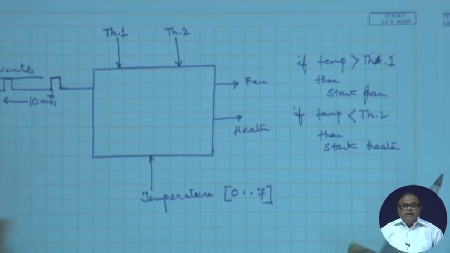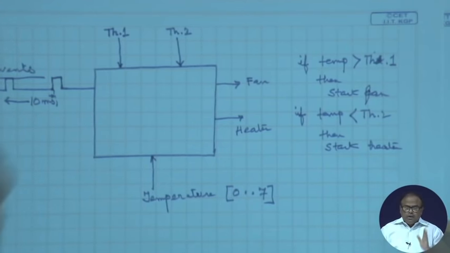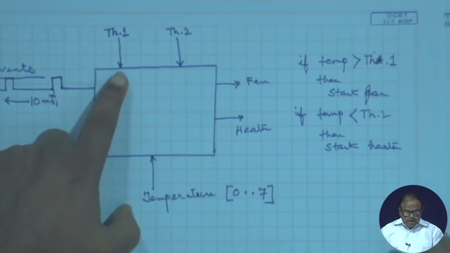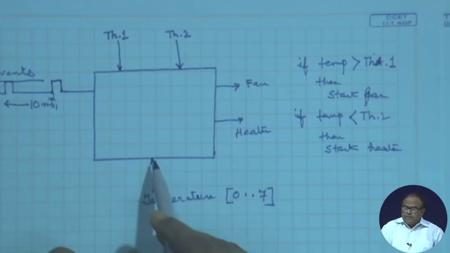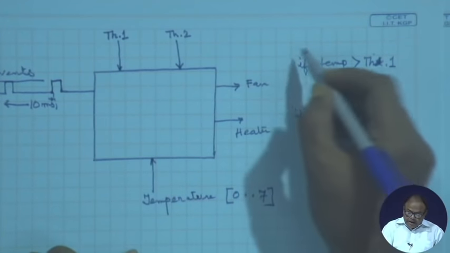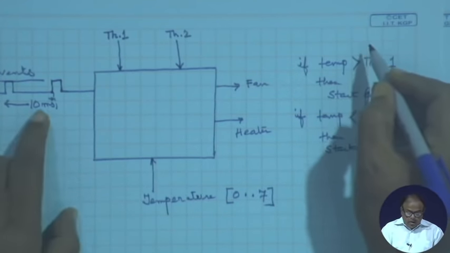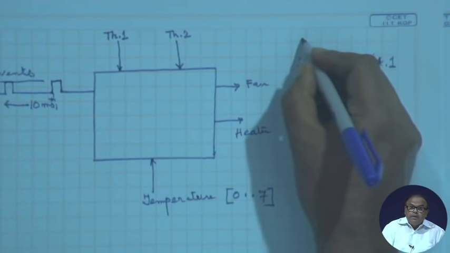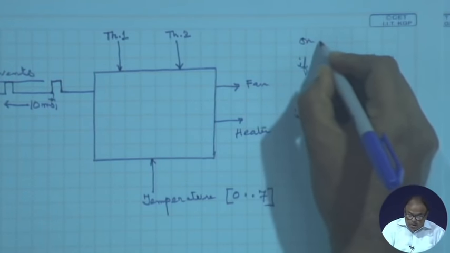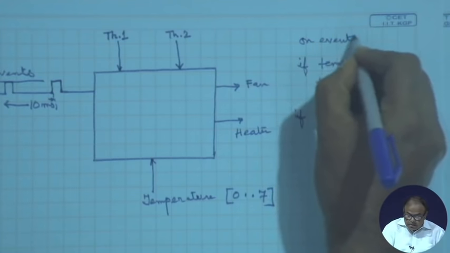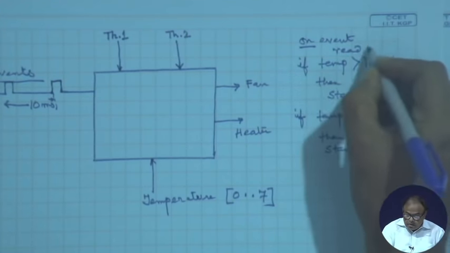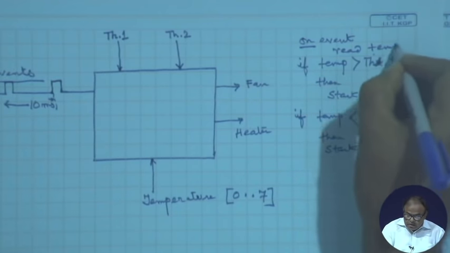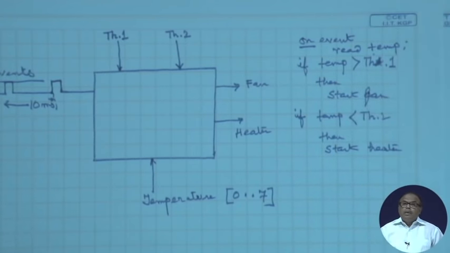Events are coming every 10 millisecond, so at every 10 millisecond, I have to sense the temperature. That I have not written over here. On event, read temperature. All right,